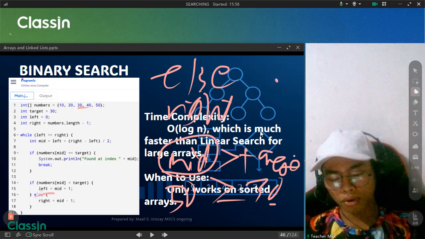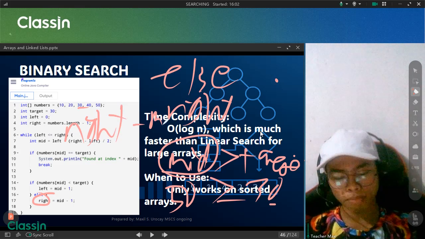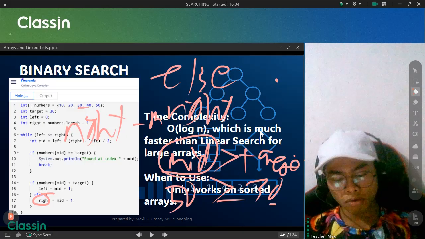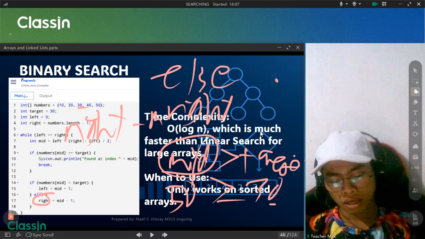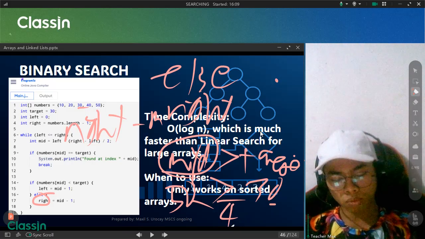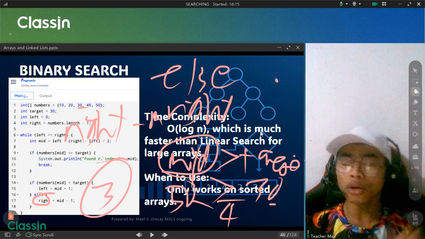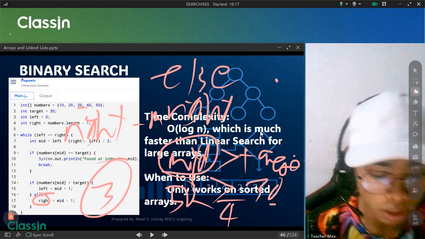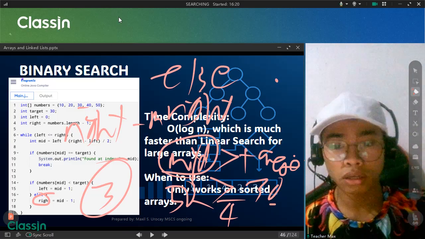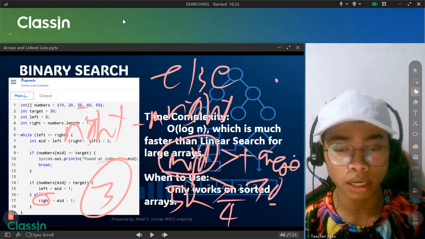What will happen? Your right will become mid minus 1. For example, 50 is at index 4, so your right will become mid minus 1, which is 3. That's how it will be represented. Don't worry, it is vague for now, but we'll illustrate that in a while so you will begin to understand it, okay?